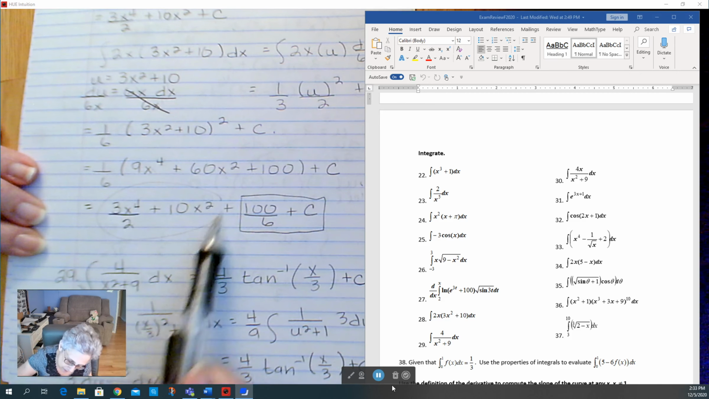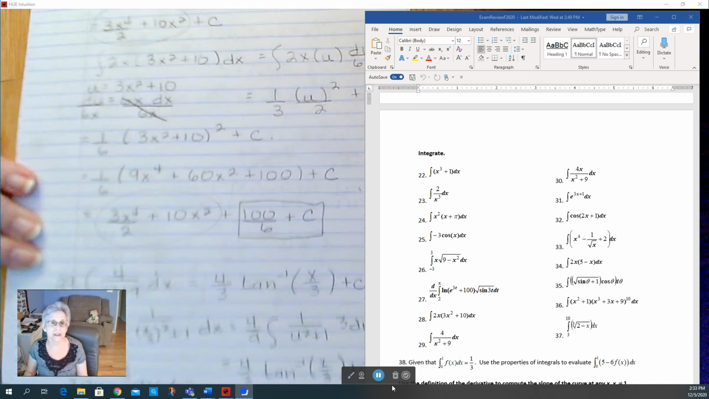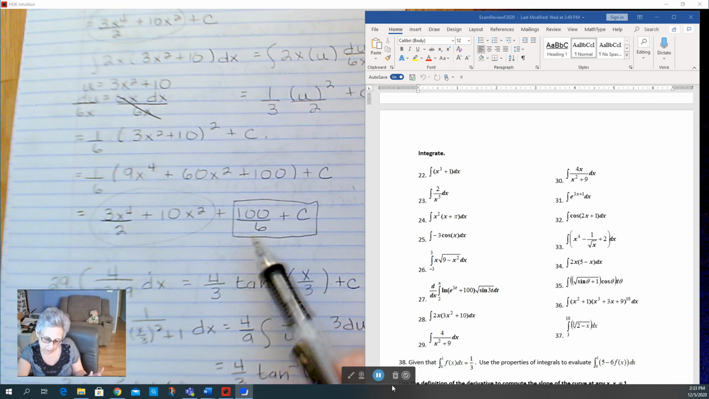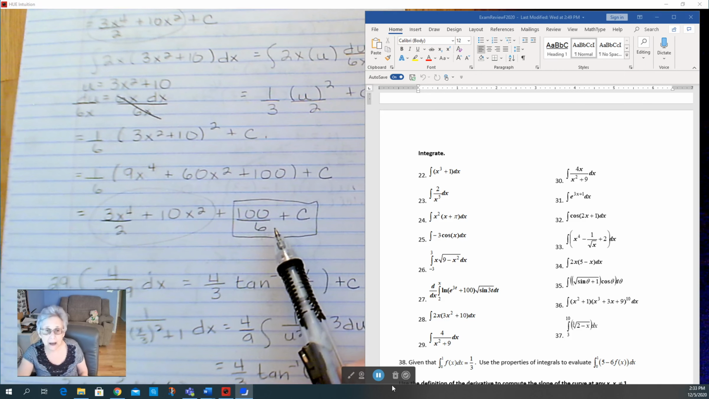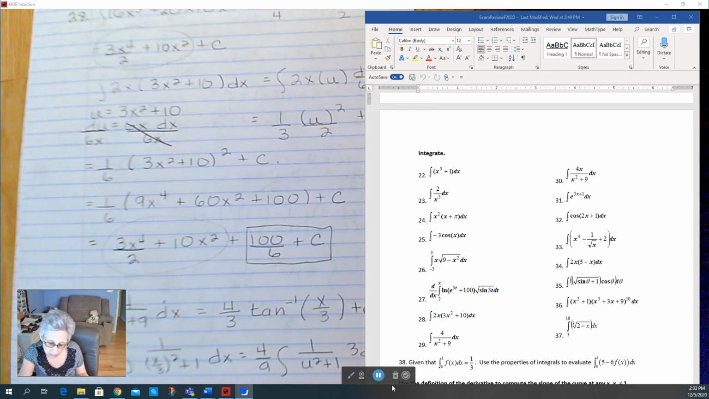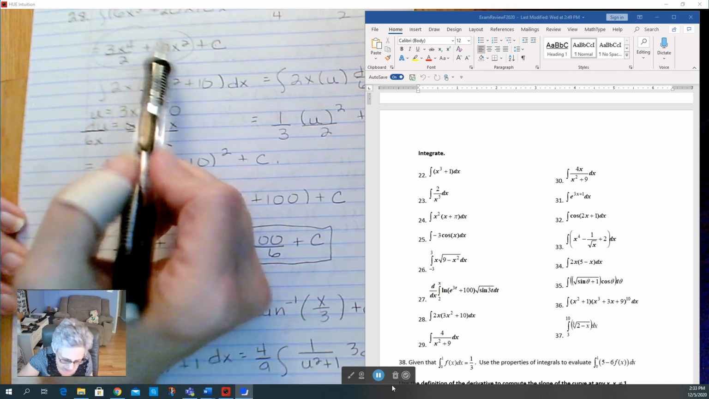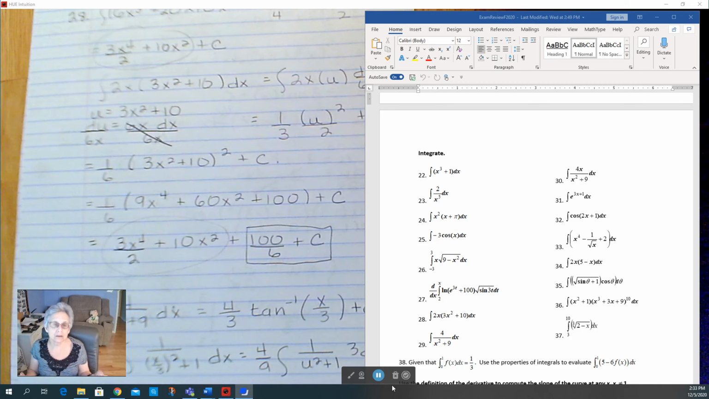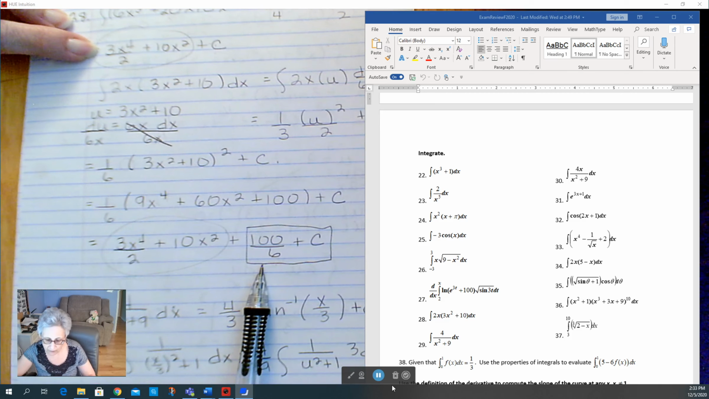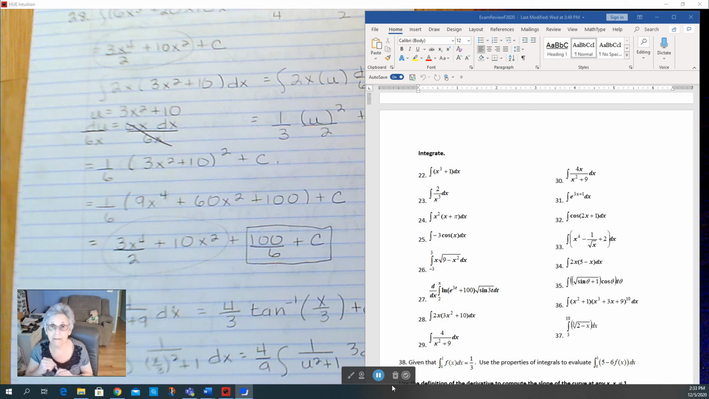So I come down here, I FOILed that out, I distributed the 1/6, and I see that my part that has variables in it is exactly the same. It just has this constant term here. So it doesn't really matter. It is the same answer. You could say that this constant is equal to 100 over 6 plus a different constant. So constants are very fluid because the important part is this, because if you take the derivative of this, or if you take the derivative of this, you end up with the same thing,